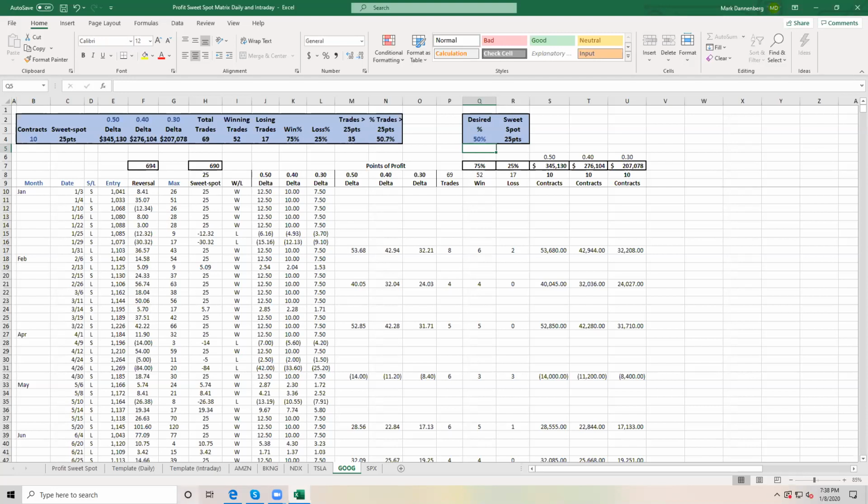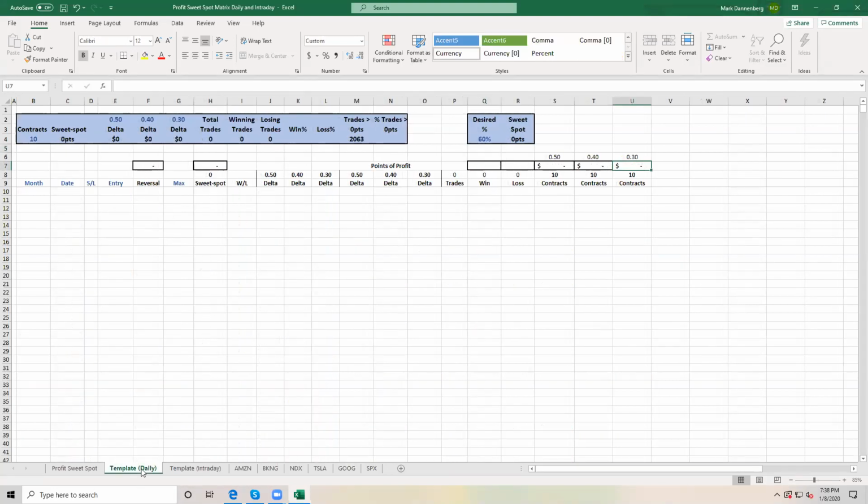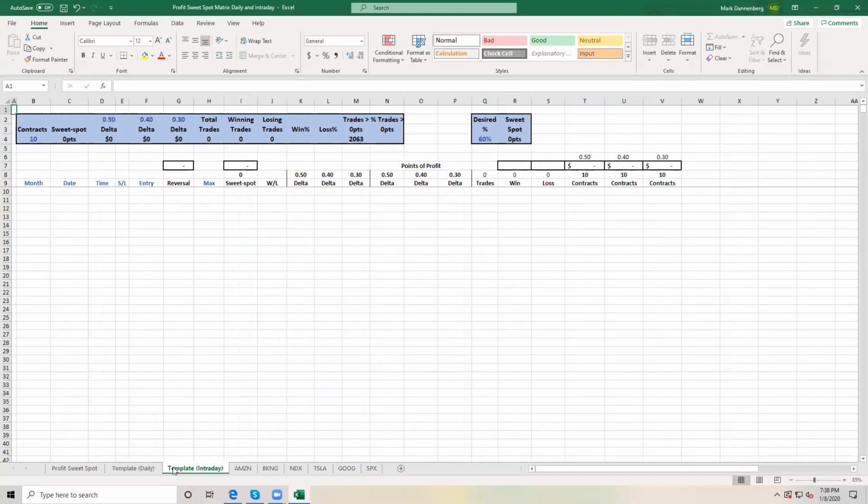And we're also creating this tool to give to you that will have a template that's blank, so you could do your own research on any stock you want. You could do your own research on any intraday equity you want. So, Pamela, I see your question. Can this be used for futures? Absolutely. You can do the detailed research on your futures, and you can plug it into the intraday template.